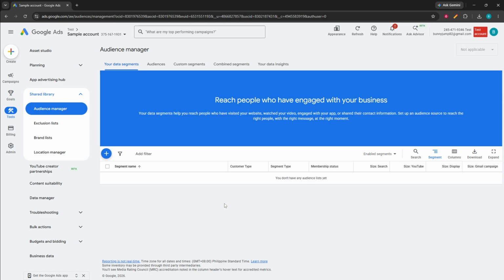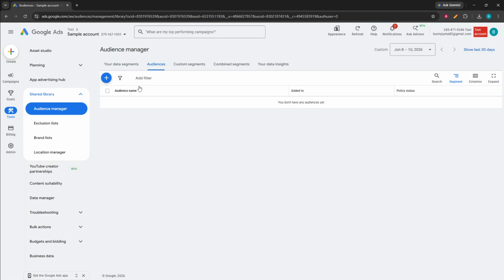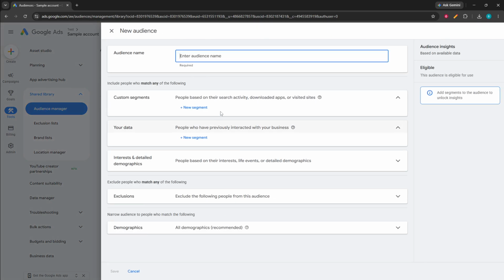Once you're inside Audience Manager, click the plus icon to start creating a new audience. A list of audience creation options will appear. From those options, select Customer List. This tells Google Ads that you want to build an audience based on customer data that you already have permission